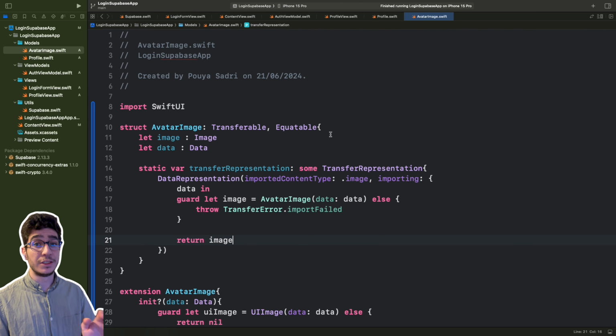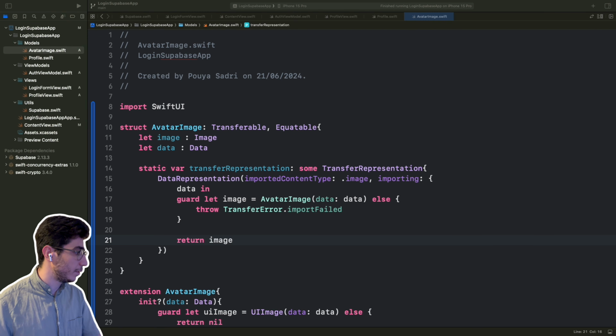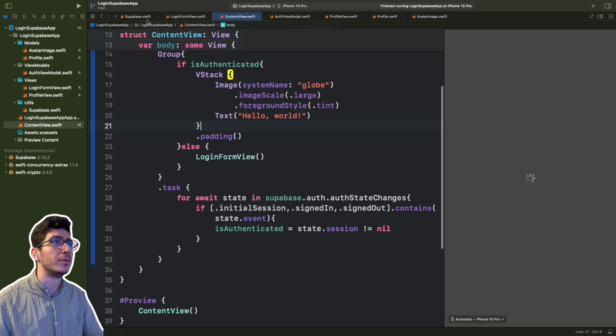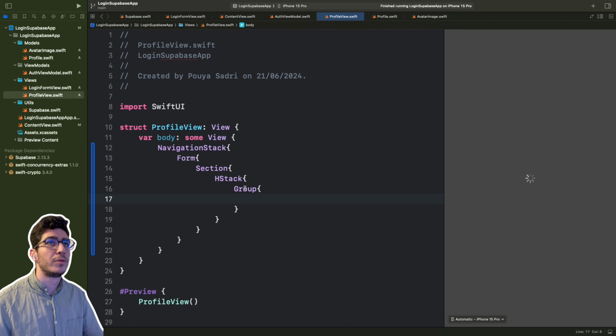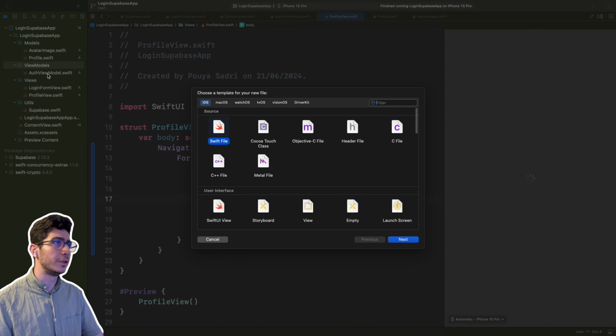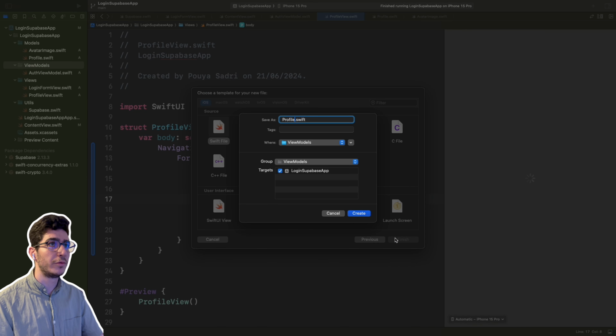Here it goes. These are our models, and now go to our profile view. In our profile view, let me just create our view model here. So here we have the profile view model,